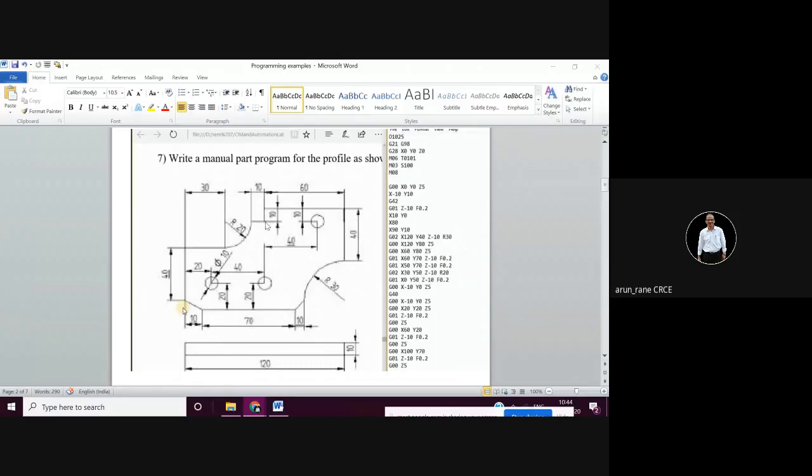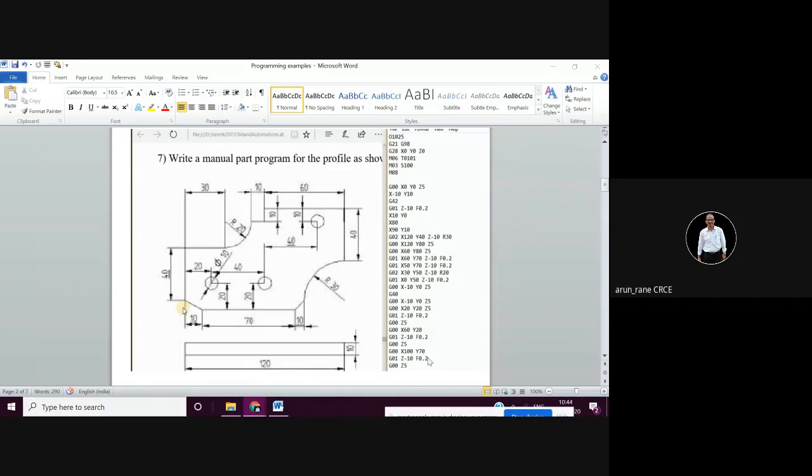Then next block. What is the next block now? This is G01 X50 and Y will be 70. No need to give Z minus 10, there is no point 2. Now point 2 it will take as per earlier.